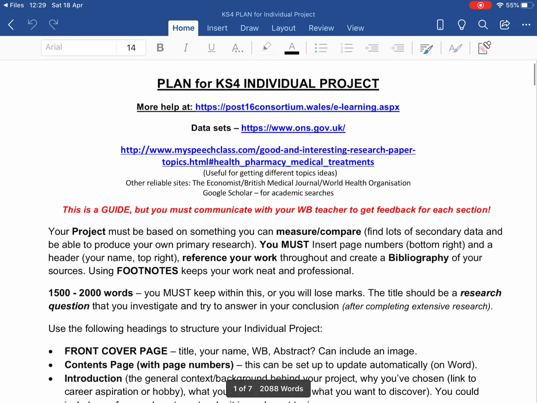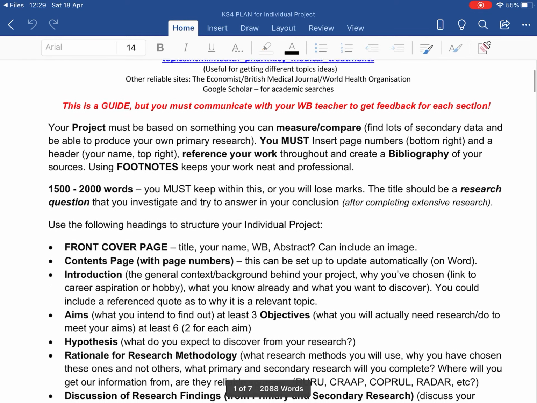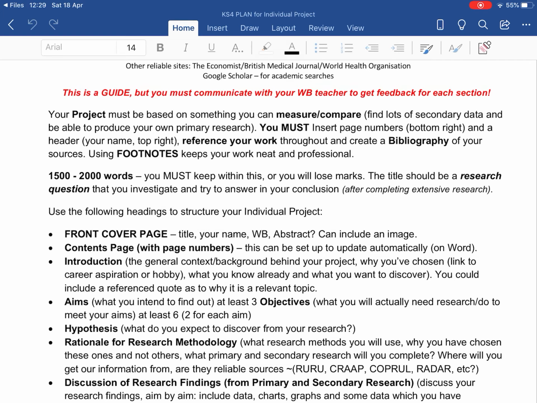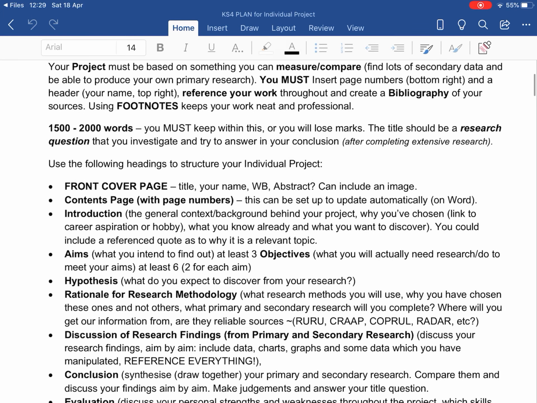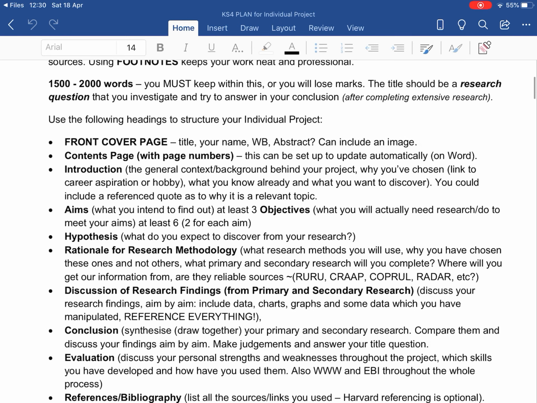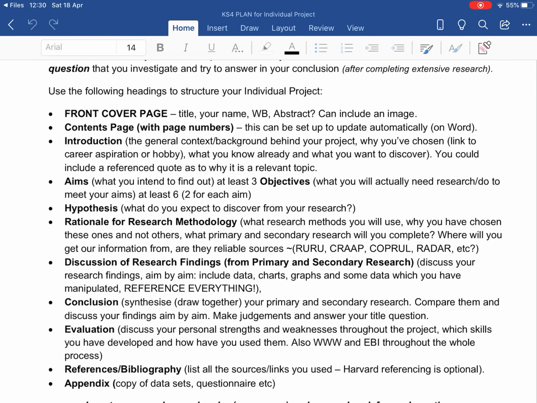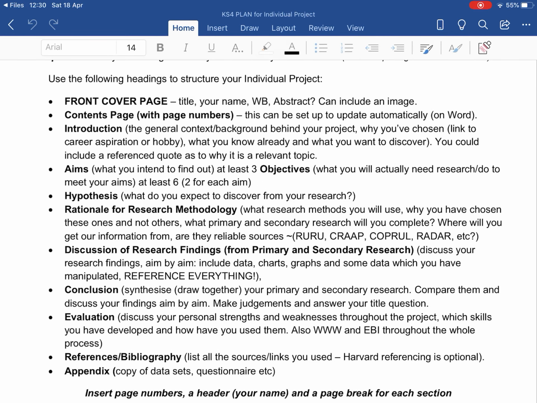Okay, so in this video we're going to talk about the rationale for research methodology section. This section comes after your hypothesis. So you've written your aims and objectives detailing what you intend to do. Your hypothesis is simply a few lines just stating what you expect to find out from your research. So for example, I expect to discover that obesity rates in Wales are higher than the national average, something like